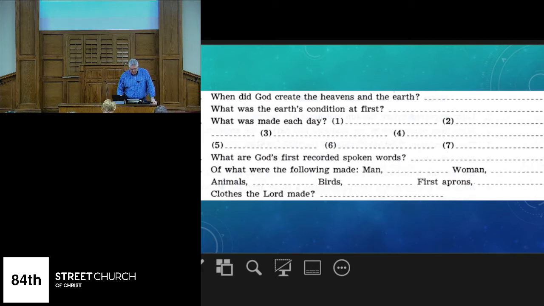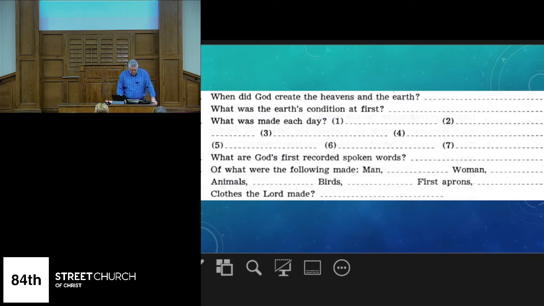What are God's first recorded spoken words? "Let there be light." Did anybody write down the verses that they have next to the answers that they got? Don't really need to now because we're only going through the first few verses. But as we go a little bit faster through some of the rest of the text, you may want to write those down. You may want to pick that book up later on and know right where that verse is, where you got your answer. That one happens to be in Genesis 1, verse 3.